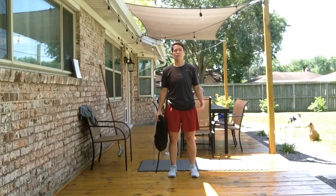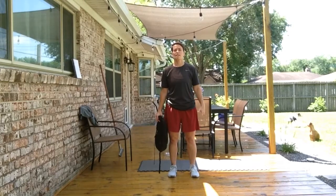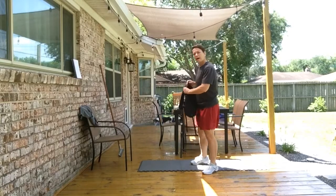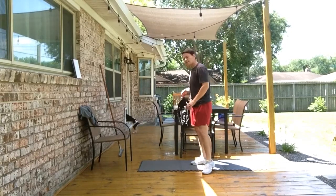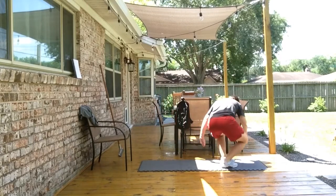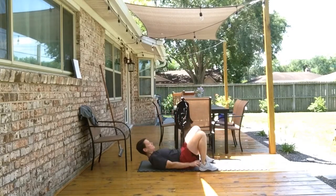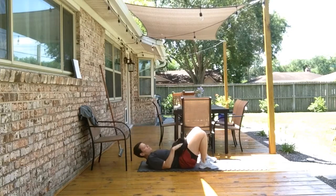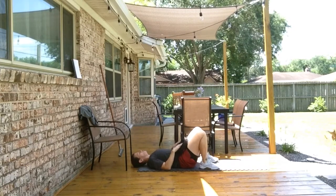Maybe grabbing a gallon of water, something like that, to create some weight on that carry. After I come back from my 400-meter suitcase carry, I'm going to take to my mat. I'm going to lay down, tuck my heels in towards my bottom. If I want some weight on this one to make it a little more challenging, I can put my weighted